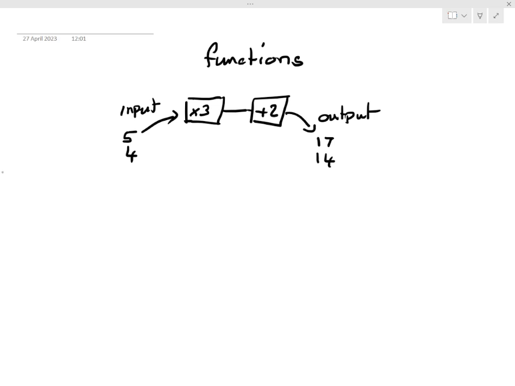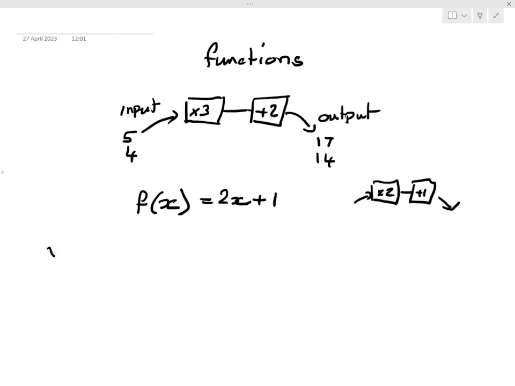But in higher maths, it's written like this: the function of x. What's going on? The function of x is 2x plus 1. So this function machine would, simplistically, be times 2 add 1. We put a number into the machine, and out will pop an answer. So this function is 2x plus 1, and we want to know the value